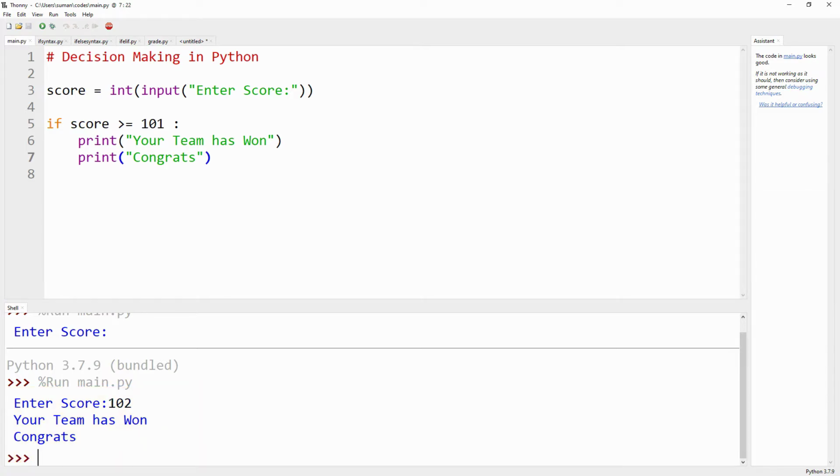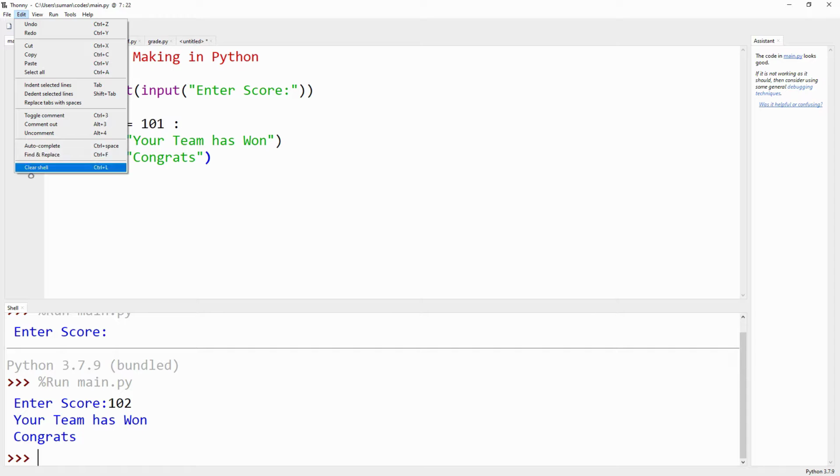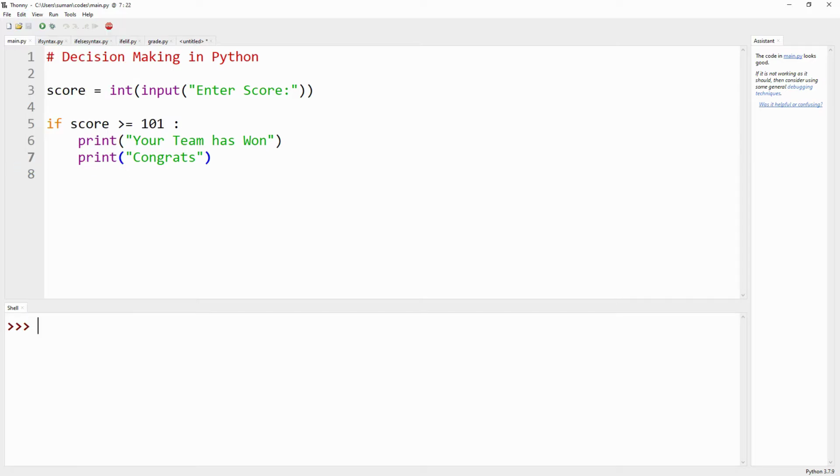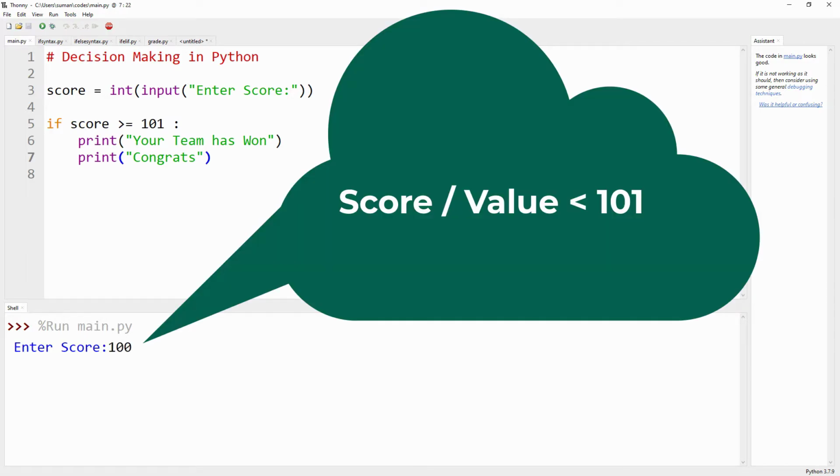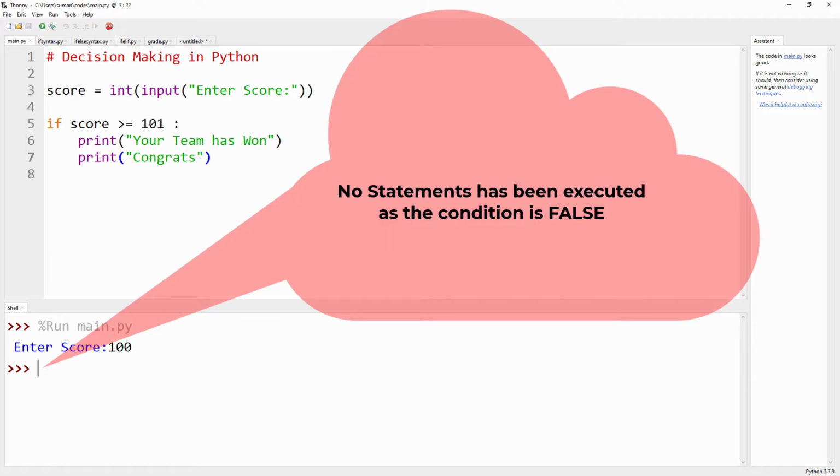But if we input less than 101, what will happen? Let me clear the cell and run the code. 100. Here 100 is assigned as the value of the score variable.